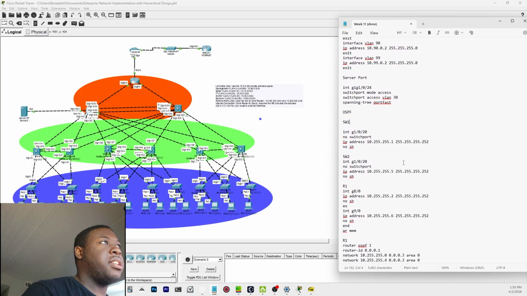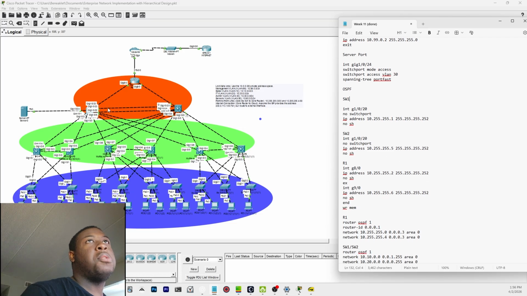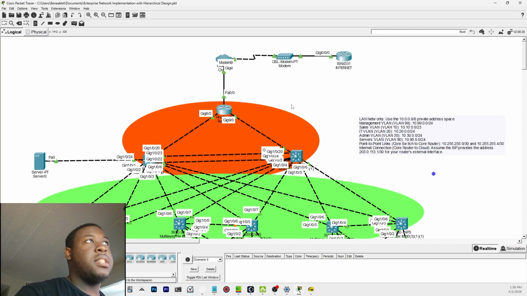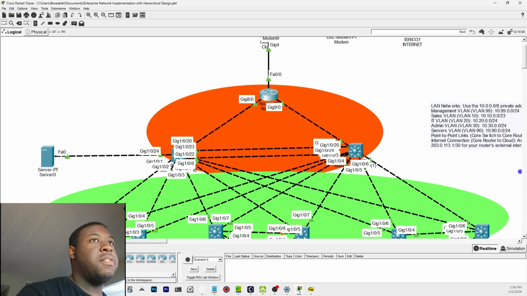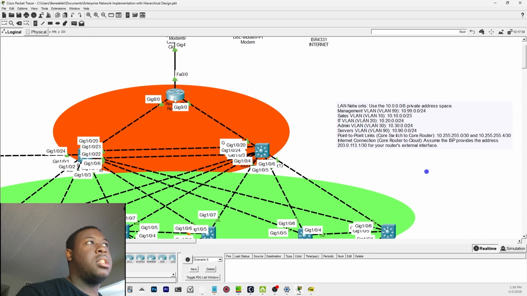Let's see. We also have OSPF here. We have OSPF running on both of these core switches and on the router, right? And we have them with their respective IP addresses. I'm using 10.255.255.0/30 and 10.255.255.4/30. These are for the point-to-point links to the core switch, and from the core switch to the core router,